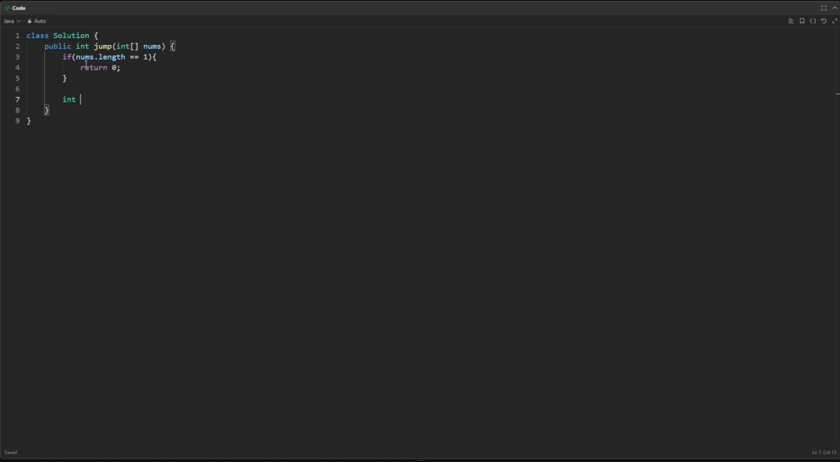initializing our integers. So we want nums length as n, we want max jump index. You can name these whatever you want, but in this case, I'm going to name them pretty obviously, that way it's easy to follow. Int current furthest, and our int jump,